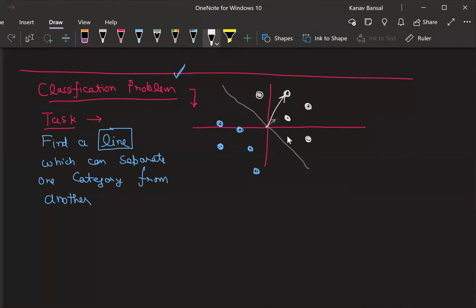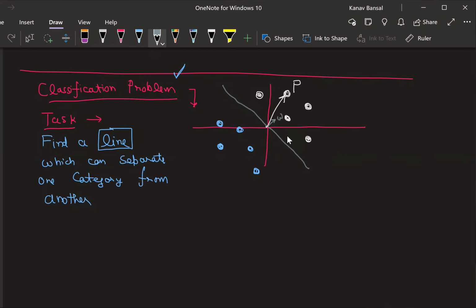Just see, this is going to really change your entire perspective of mathematics and machine learning. Just try to understand this now. This is my point, and for this point, this is the vector, this white color arrow, right? Now, what is this gray color arrow? Can I write that this is nothing but W? Yes or no? We have already seen that it is nothing but W. For every line, every plane, you will have some W, which represents where this line is facing.